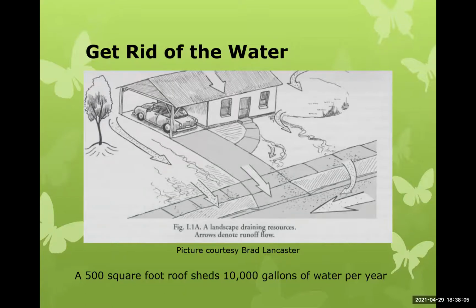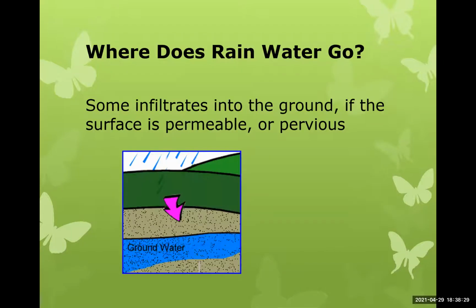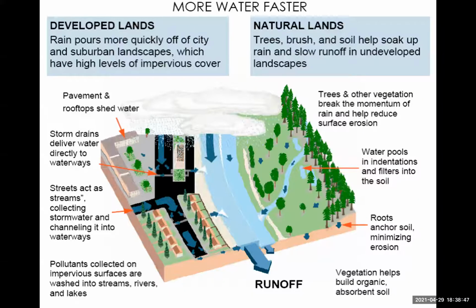So all that water's coming off those impervious surfaces, and in a typical year, at least in Southeast Michigan, where we get 34 inches of rain a year on average, you're probably close in Northeastern Illinois, a 500 square foot roof will shed 10,000 gallons of water a year. And in the past, when there was no impervious surface, much of it would go into the ground. Some of it would run off the land into rivers and streams and such, but a lot of it went into the ground. And so